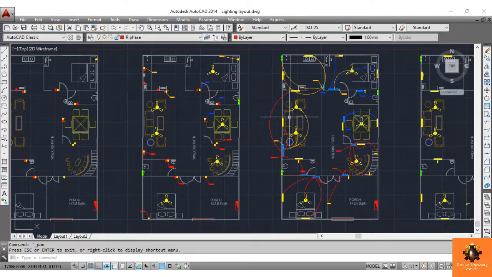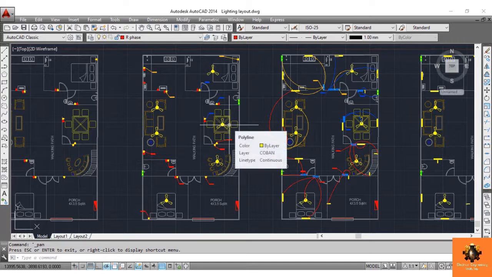So here we have completed our task with respect to lighting load. This is the lighting wiring layout in which all the fluorescent lamps, CFLs, fans, exhaust fans and normal sockets are shown, from which switch they are controlled and from which circuit they are getting electrical power. Clear? Hope this is clear for you.